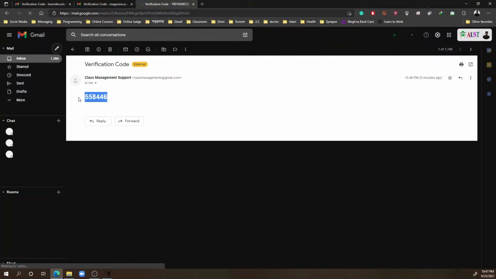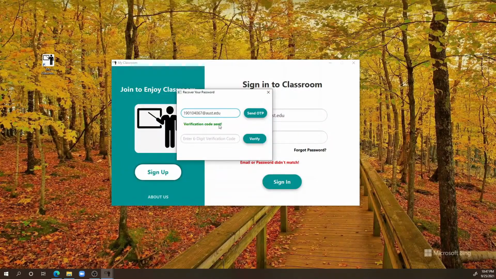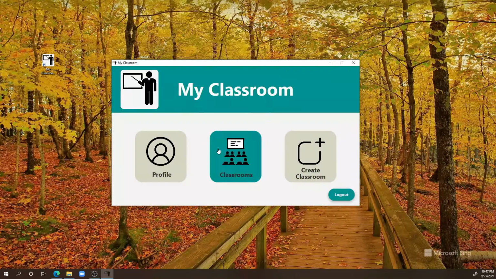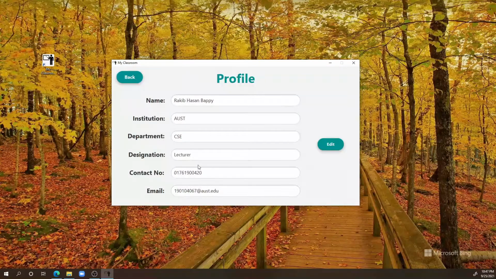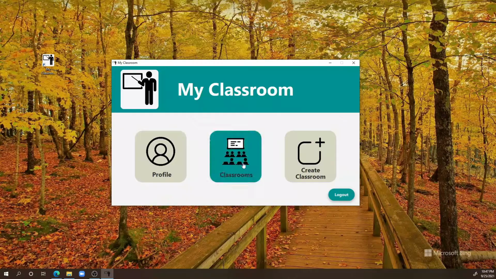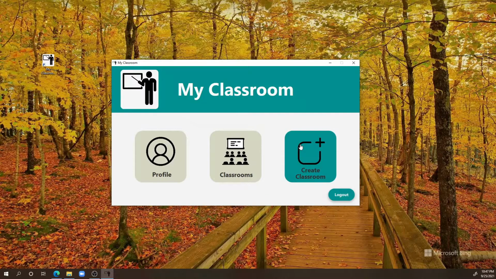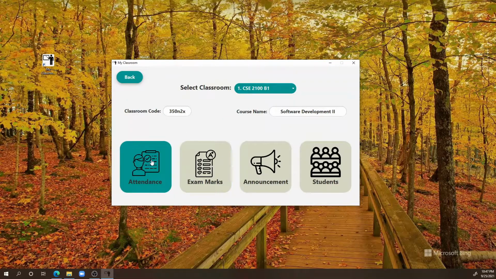So I copy the code. Yes, so I have to give a new password here. Okay, confirm the password. Okay, now confirmed. This is my profile. Go back to classrooms. There is only one classroom. Back. So this is the teacher's account, the teacher's dashboard.